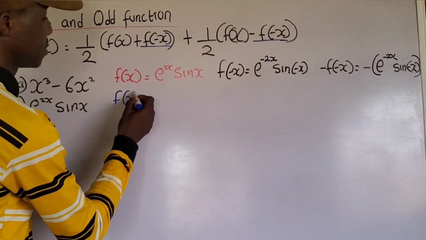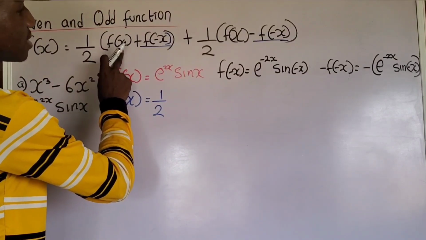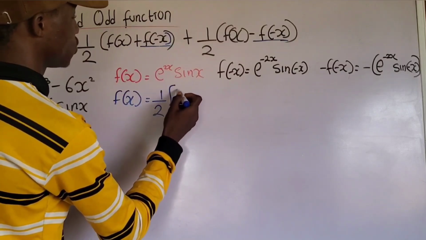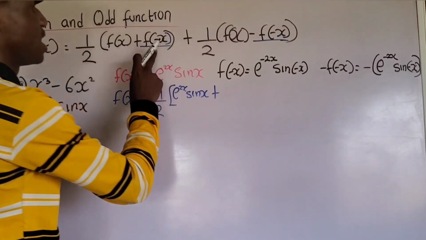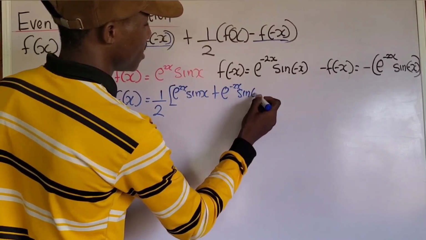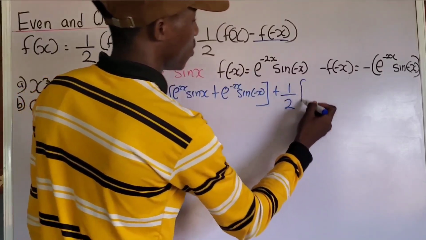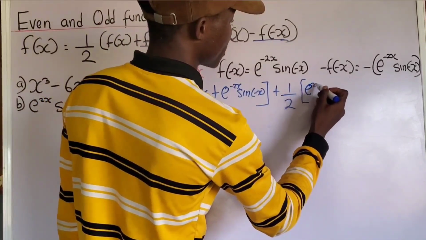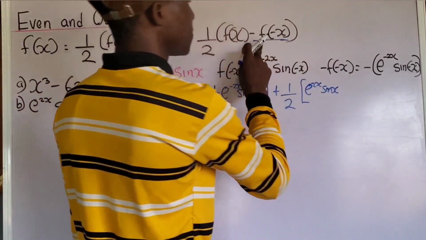So f of x must be equal to 1 over 2 [f(x) + f(-x)], that is x sin x plus (-x) sin(-x), close the bracket, plus 1 over 2 open the big bracket, f of x, which is x sin x, minus f of negative x, so I'm going to have negative